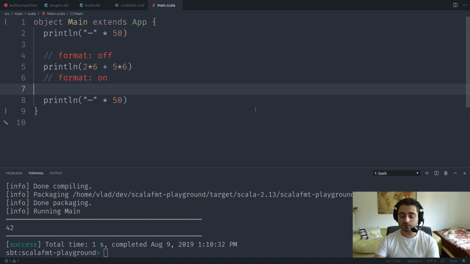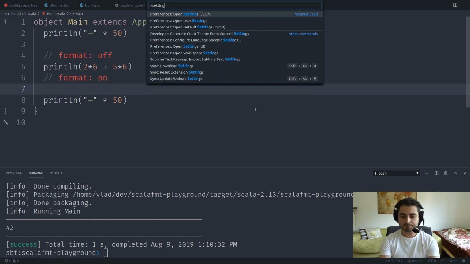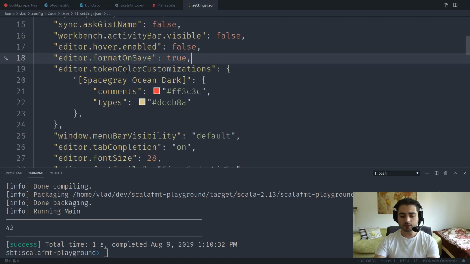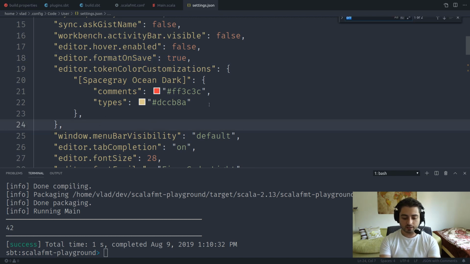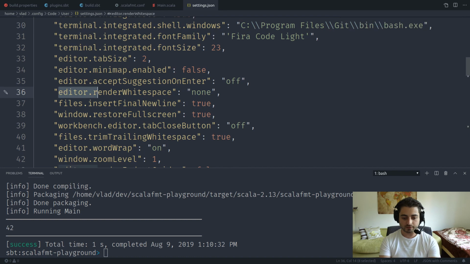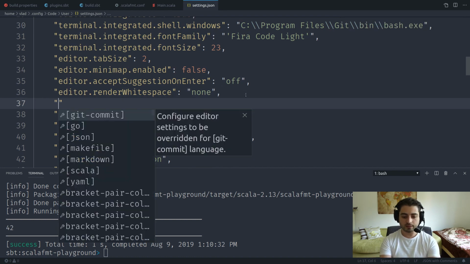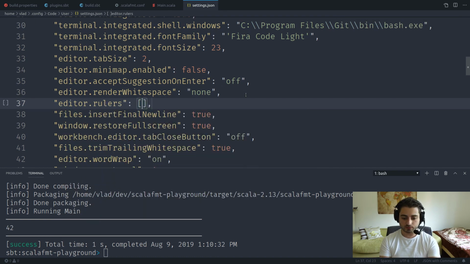So the first thing we're going to do is go to VS Code, again to the settings, and ask it to display some editor rulers. Maybe I actually have it already. No, I don't. Okay, so let's just go somewhere over here and say editor dot rulers like this, and this